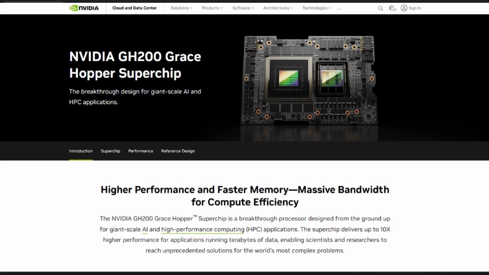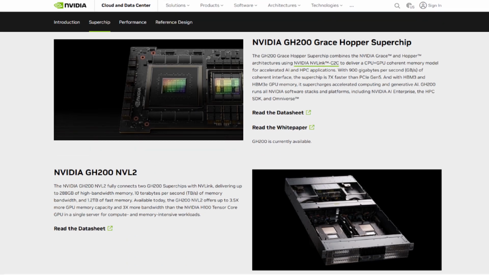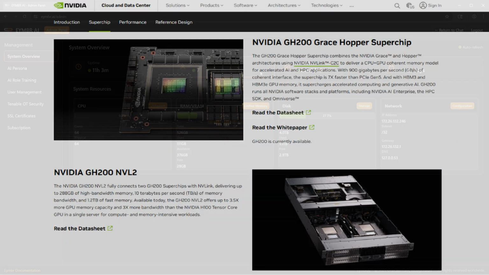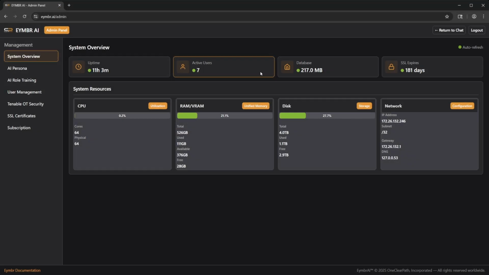And Grace Hopper is different. It's this combination of CPU and GPU, and they have this technology called NVLink. It links between these modules that are CPU and GPU, and the speeds between them are phenomenal. It's kind of like having the entire bandwidth of the internet going back and forth between these modules. So they're extremely fast. So we're running here on Ember AI a single chipset that we've been talking about,